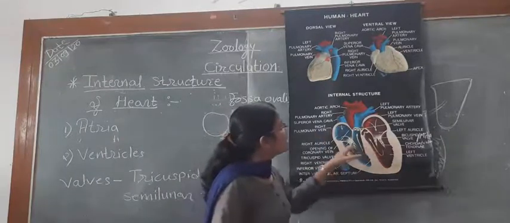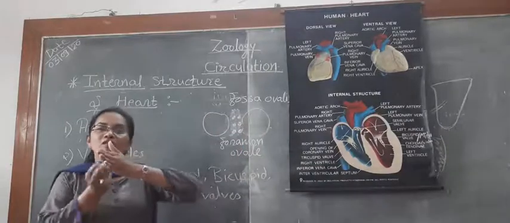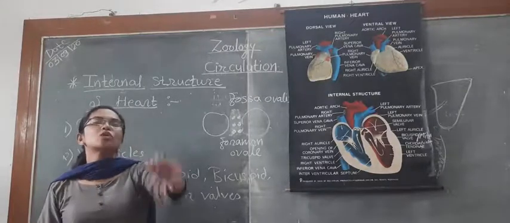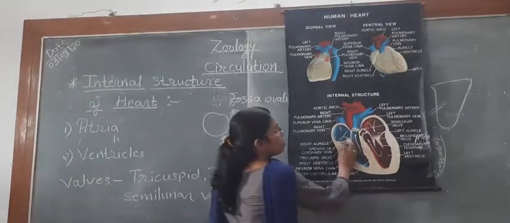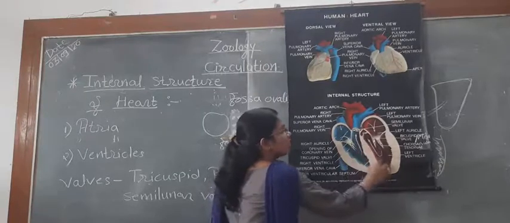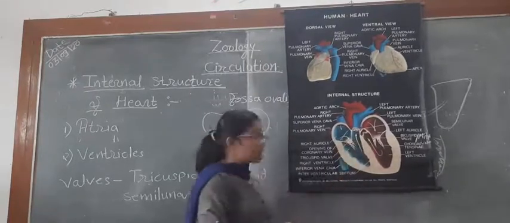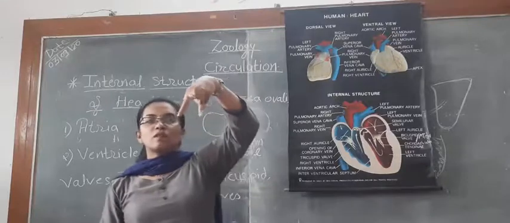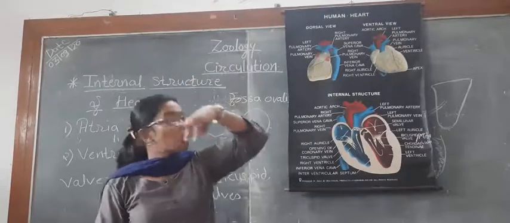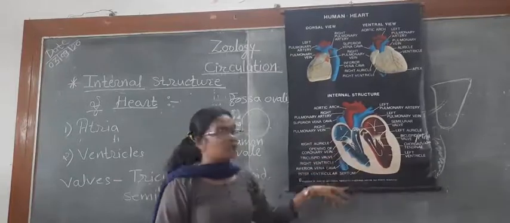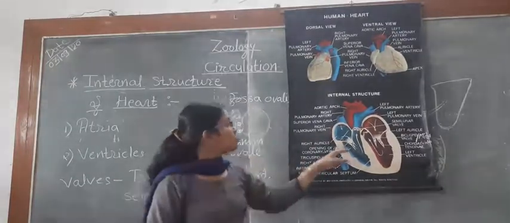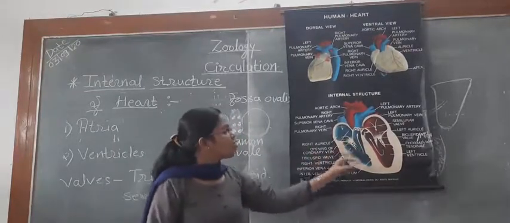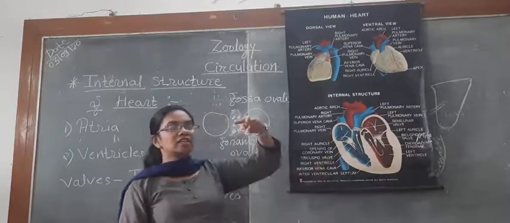But here we see the atrioventricular groove, which separates the auricles and ventricles. This groove has valves on its own side, that means the atrioventricular groove opens on its own side. So it is the right atrioventricular aperture. It has 3 flaps, just like this. These 3 flaps open, close, open, close. Once the deoxygenated blood enters the right ventricle, they get closed. These valves are made up of connective tissue. The right valve is called the tricuspid valve because it has 3 flaps.